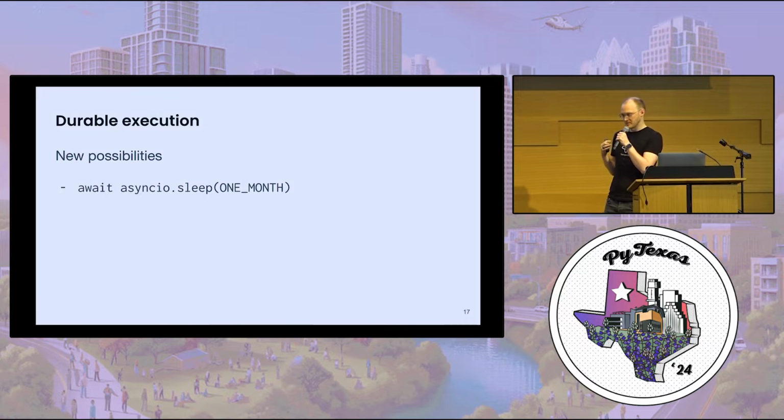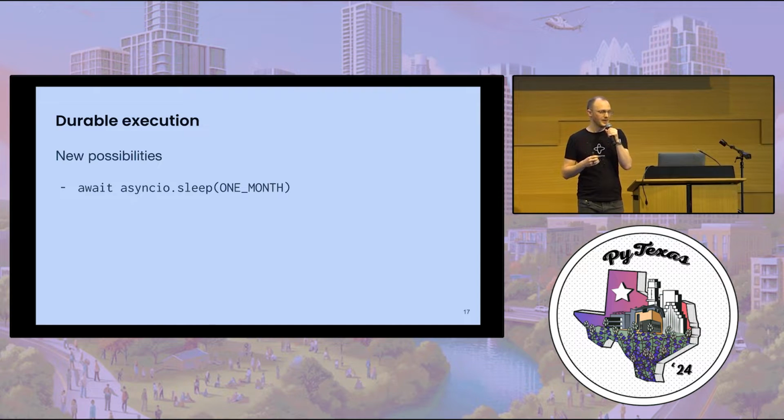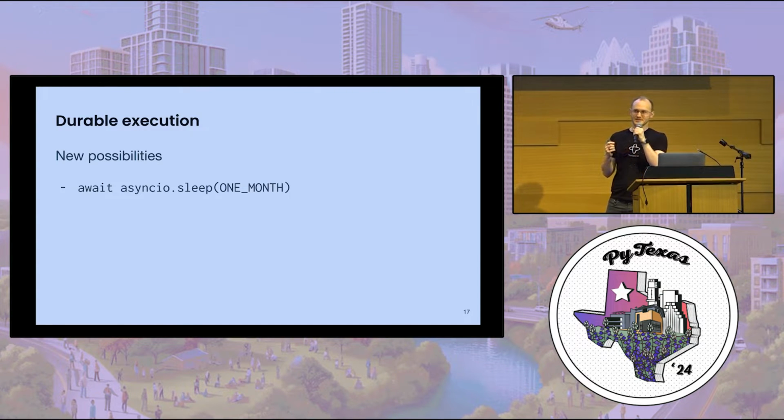And when you have the primitive of a durable function, it changes a lot about how you write code. And it opens up some new possibilities, one of which is you can sleep for an arbitrary period of time. So here we're sleeping for 1 month. And normally you can't do that because you don't have confidence that your process will be around in 1 month,